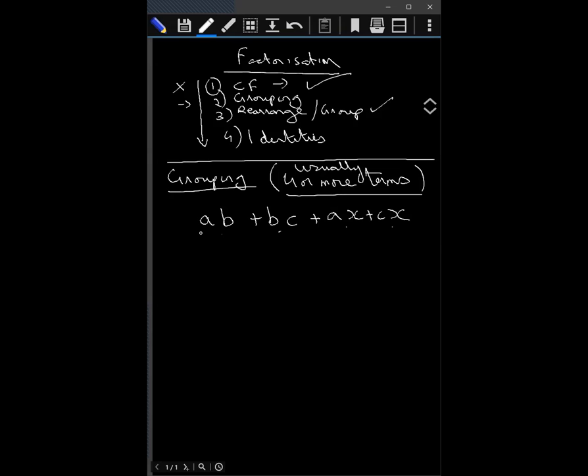Aryan, help me out. Sir, we will group AB plus BC and AX plus CX. Right. So what did we do? We group them into 2 terms. So we have now, instead of a polynomial, we now have a binomial. Right. Now we'll take the common factors out in this and the common factors out in this. Continue, Aryan. Sir, B will be the common factor. So B into A plus C plus X into A plus C.